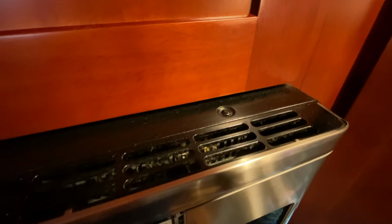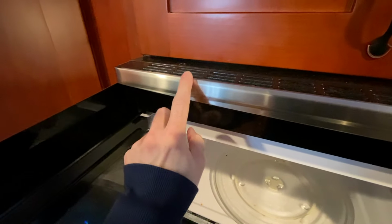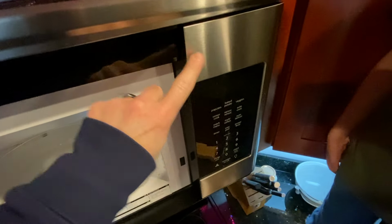So the first thing you got to do is get these screws out on the top. Basically, this panel needs to come off. You got to open the door first. This panel needs to come off, and then you got to get into...